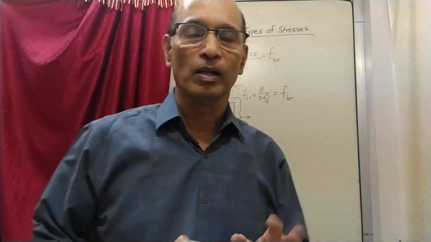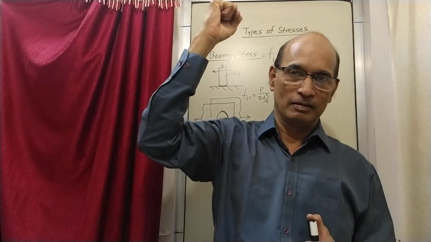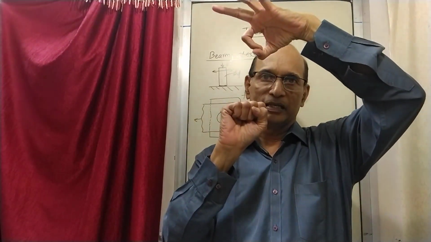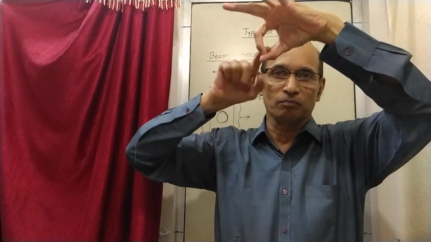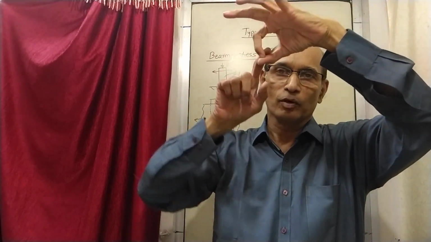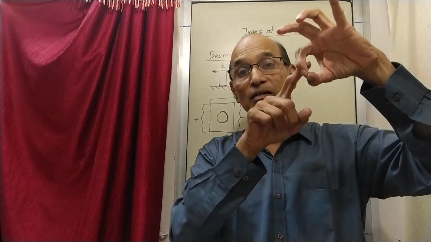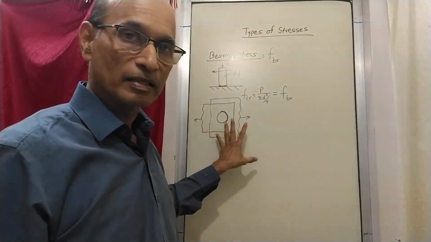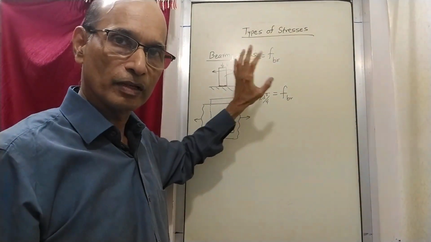You can see one simple example. All of you must have seen this when traveling in a train. When you hold the handle like this, there is a load as well as a movement. So you will see that there is a lot of wearing out that has taken place here. This wearing out takes place because there is a load and also a movement. So the material is failing here. The wear that has taken place is a bearing failure of the material, here also and here also. Accordingly, the formula of course still is the same as the crushing stress, but the effect is bearing. So that is called the bearing stress.